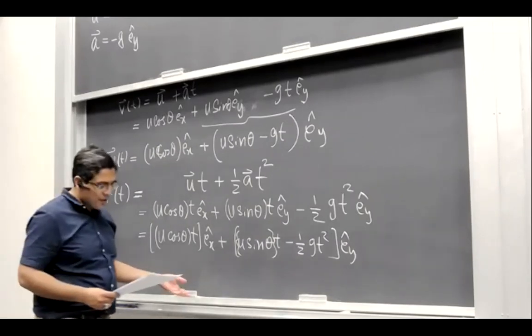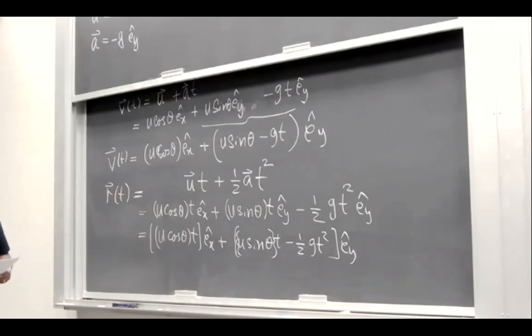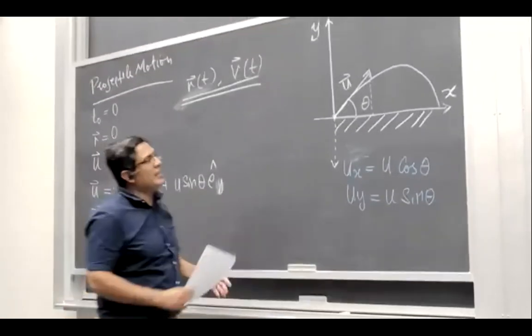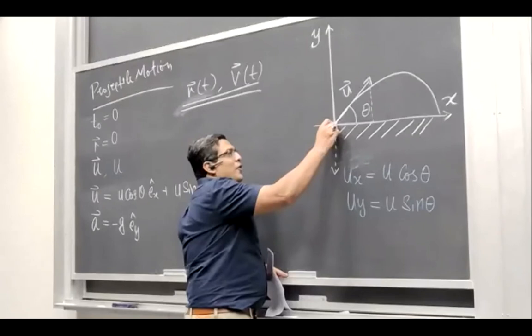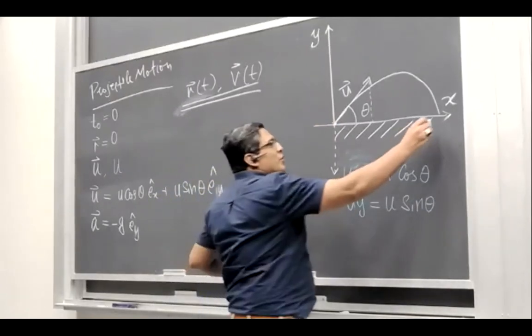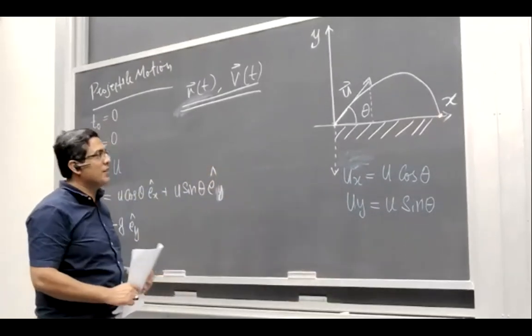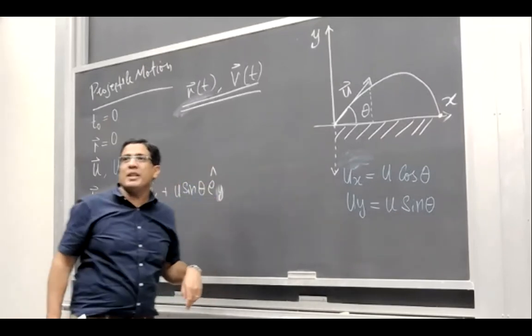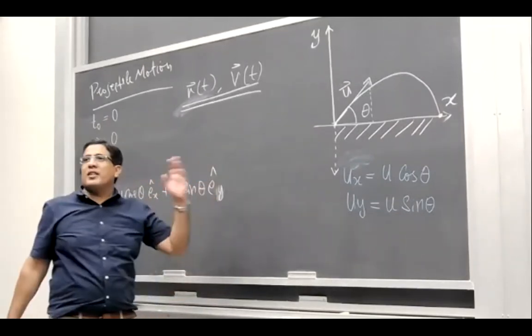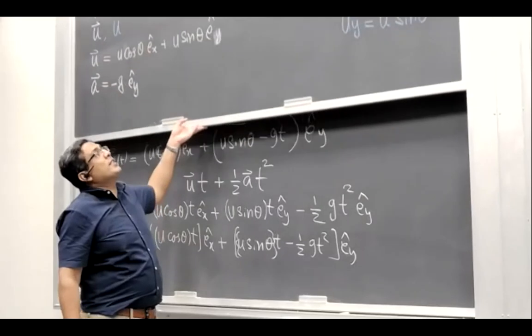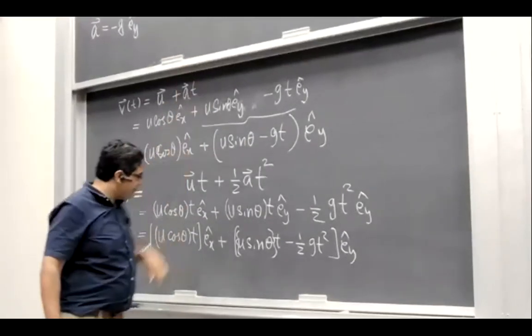But the part that comes next is interesting. So now we want to ask this question. For example, we want to find out what is the time of flight? What is the time that this projectile takes from the point of its launch to the time it hits the ground again? So that's time of flight, the total time that the projectile remains in the air. Again, in this case, we are ignoring the air resistance. We would learn how to include air resistance in our equations later in this course, right?